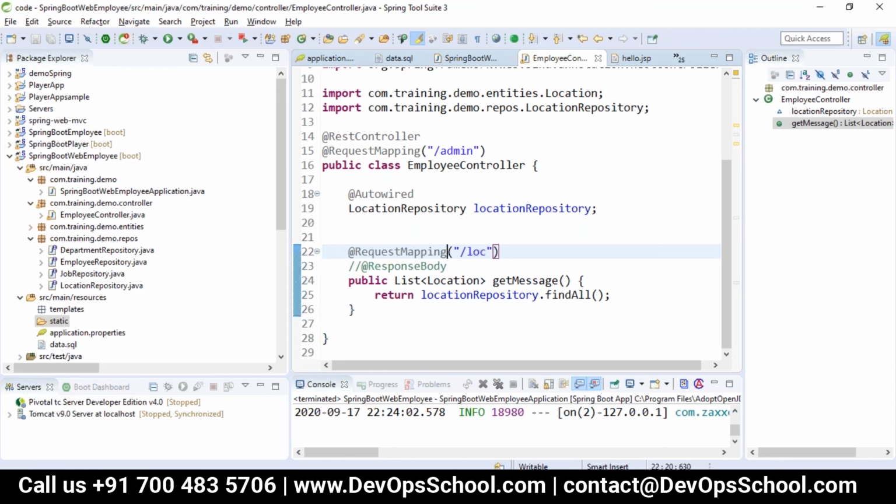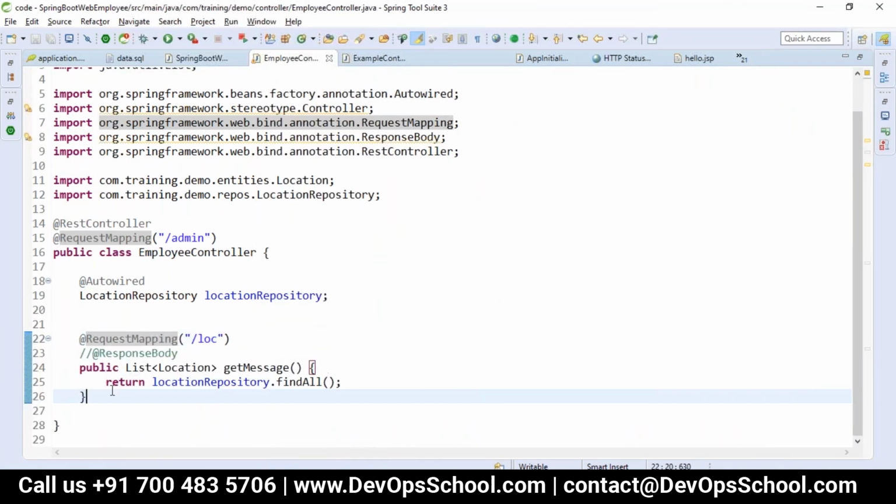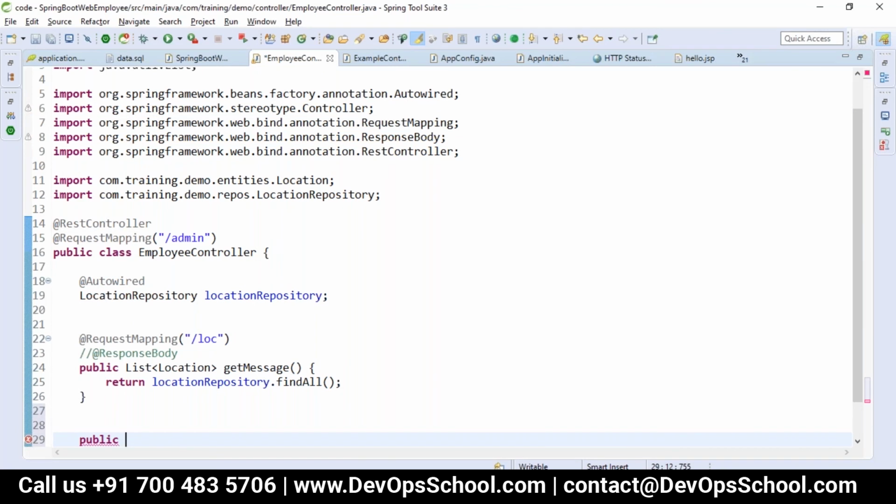But how will you mention this is for adding or for post? So we will write it here, let me write for add, which is public. Whenever I'm adding, I'm not returning anything, so I'll write a void method and add location,